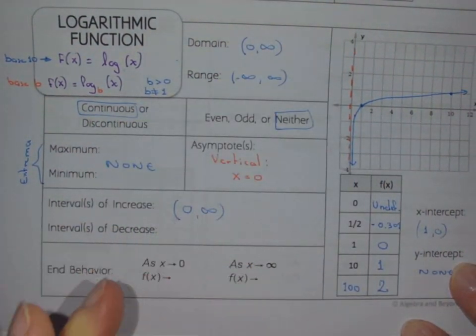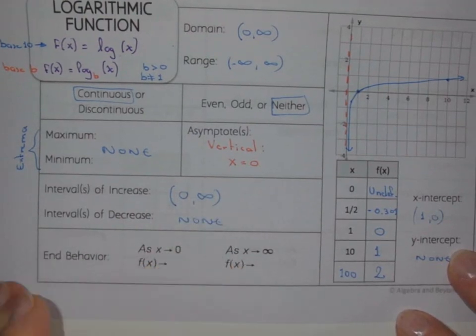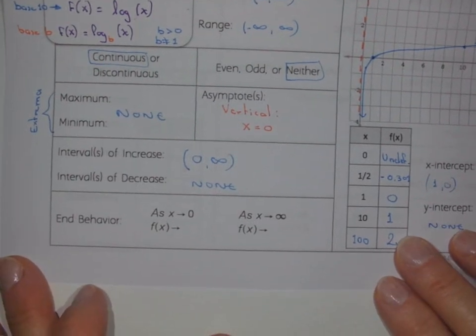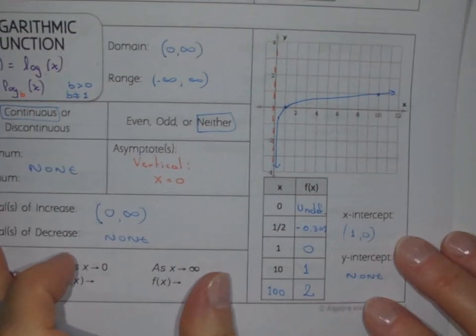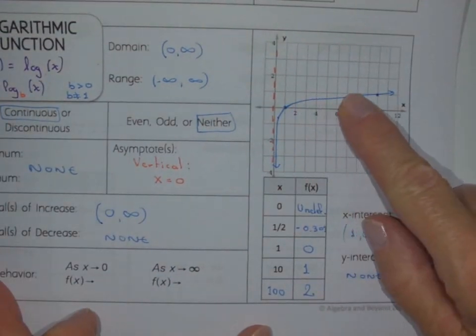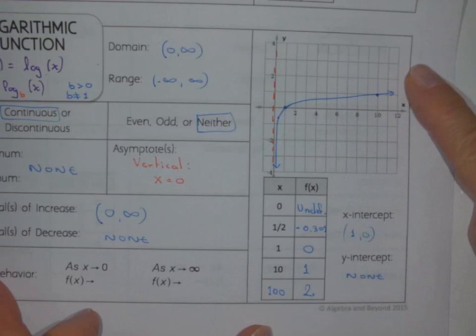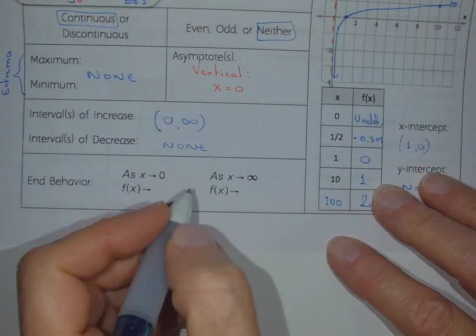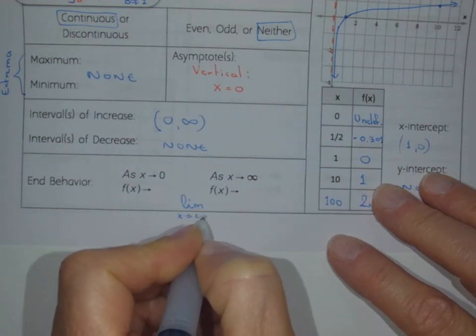Never decreasing, so there is no interval of decrease, none. In end behaviors, I want to talk about my limits. So let's do the right hand side. As x goes to infinity, as I move to the right, this is going to keep going up, very slowly, but it will increase always. So on the right hand side, the limit as x goes to positive infinity of f of x